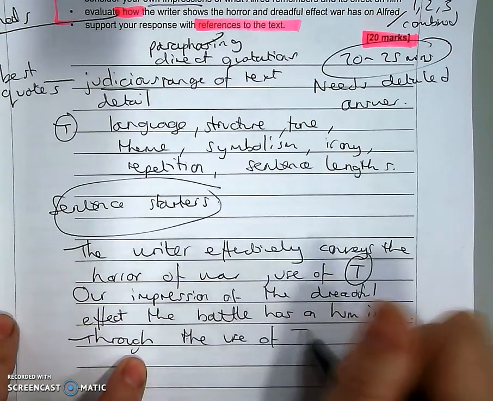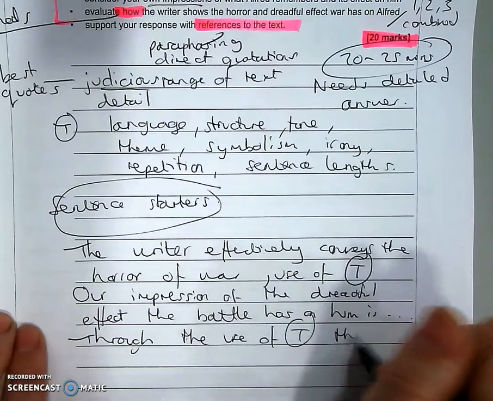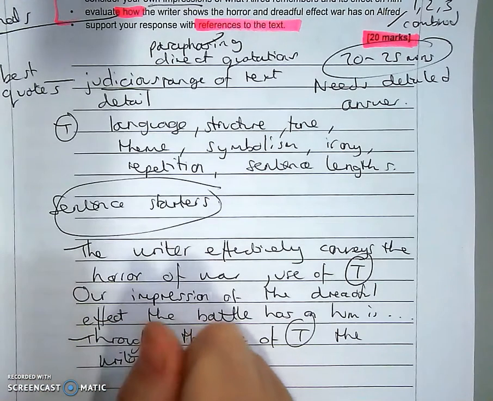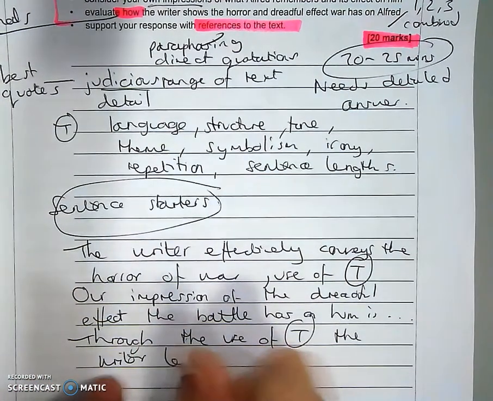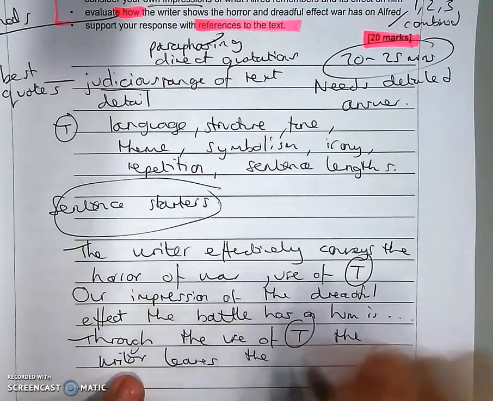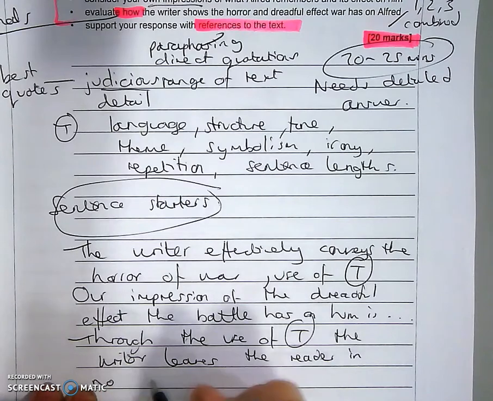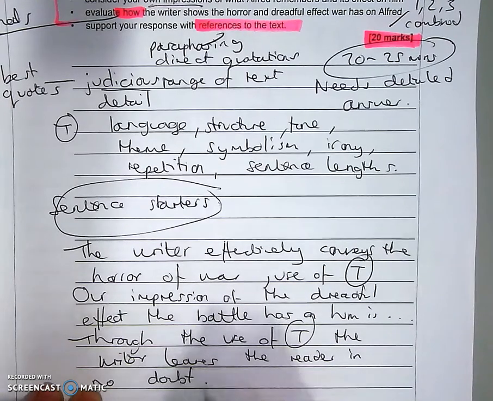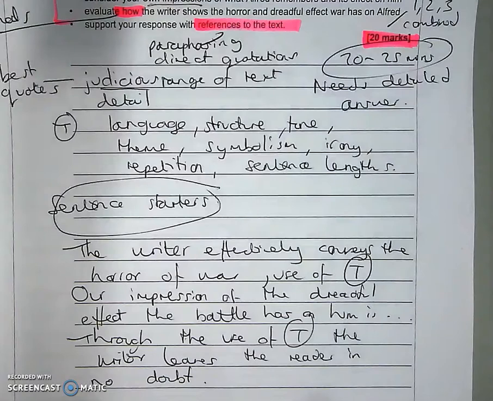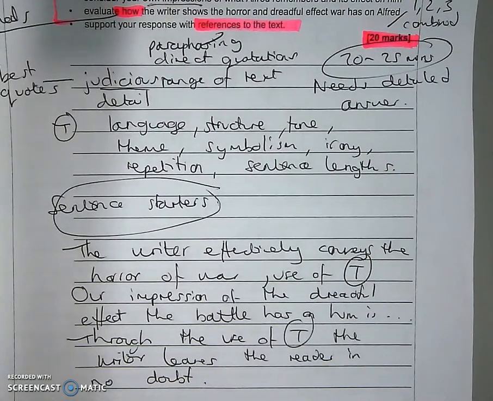So through the use of technique, the writer leaves the reader, so you consider the reader effect, in no doubt. Okay, so just summing up this particular question, try to agree with the statement, make sure that you evaluate in the sense that you are looking at